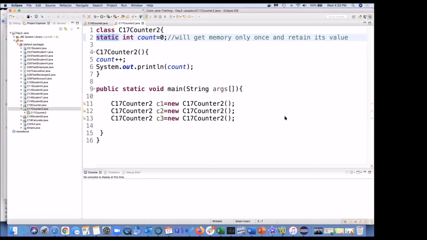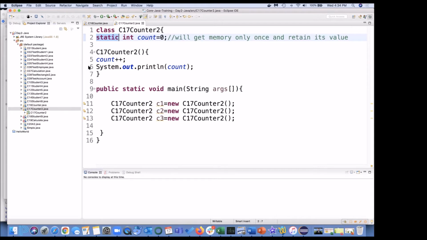Okay, any other guess? 1, 2, 3. Manas. Yeah, great. Any other guess? Fine.